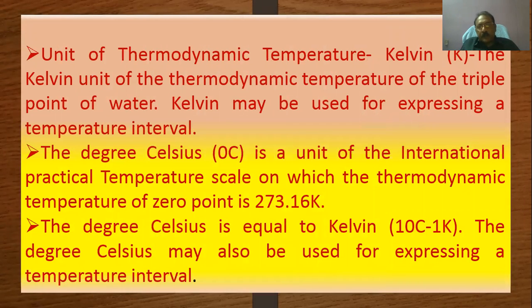Unit of thermodynamic temperature. What is the unit of thermodynamic temperature? Kelvin. Kelvin is the unit of thermodynamic temperature of the triple point of water. Kelvin may be used for expressing a temperature interval. And one more unit, the degree Celsius, is also a unit of temperature, on which the thermodynamic temperature of zero point is